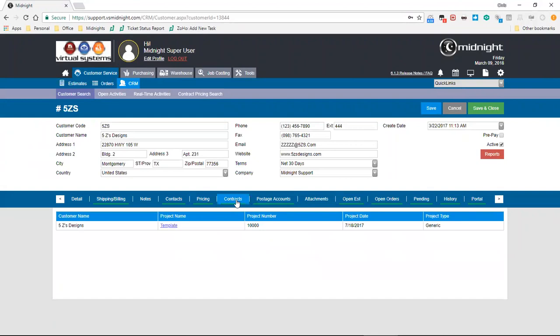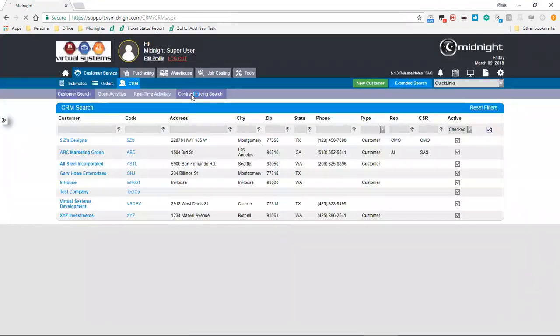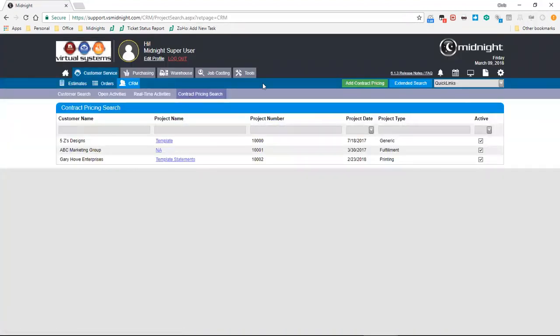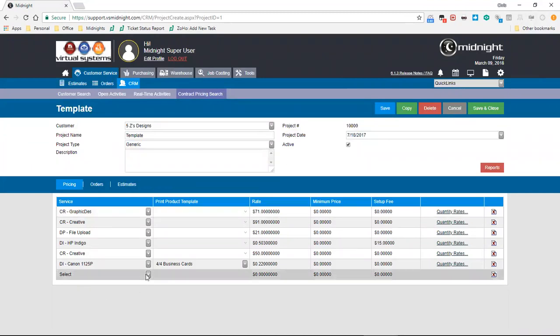You can also see if you have contracts defined for a customer, either by clicking into the project name here, or by entering the contract pricing search. You can modify or create new instances of contracts. Contracts can be set up in such a way where you give it a name, a customer to associate it with, a core type, which is simply an information piece, and unique pricing for quantity level information based on the